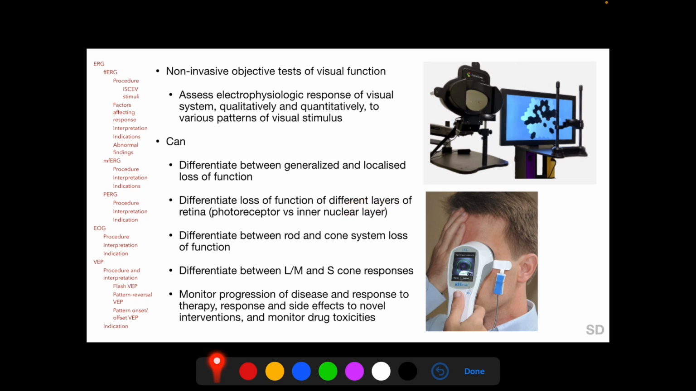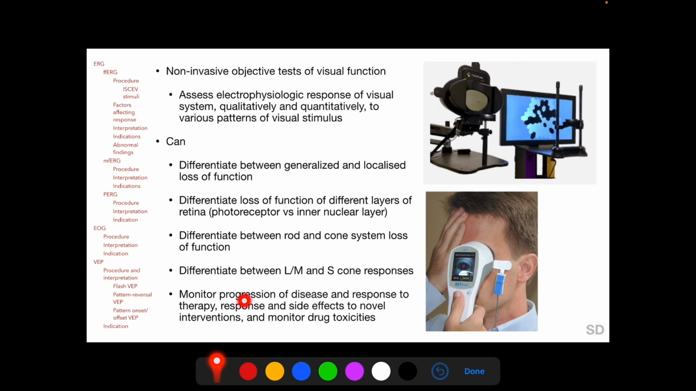Electrophysiological tests can differentiate between generalized and localized loss of function, can differentiate loss of function of different layers of retina, particularly between the photoreceptor layer and the inner nuclear layer where bipolar cells reside, can differentiate between loss of function of the rod and cone systems, can differentiate between the responses of the two cone systems, the LM system involved in red-green color vision and the S system involved in blue color vision,